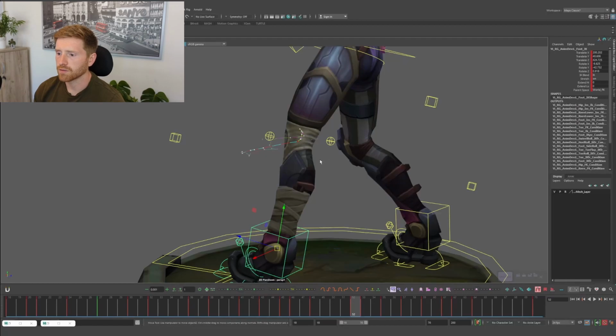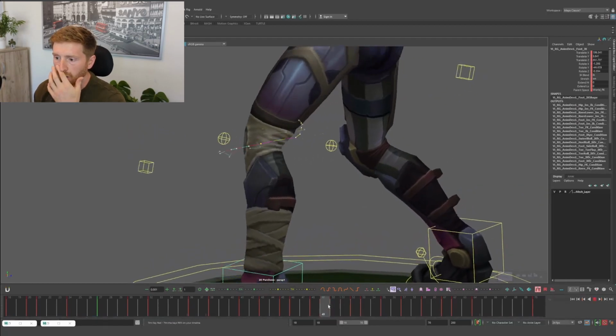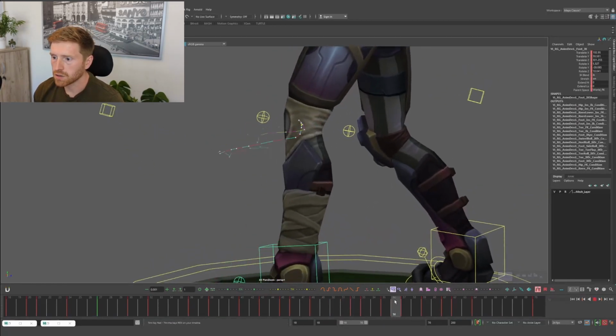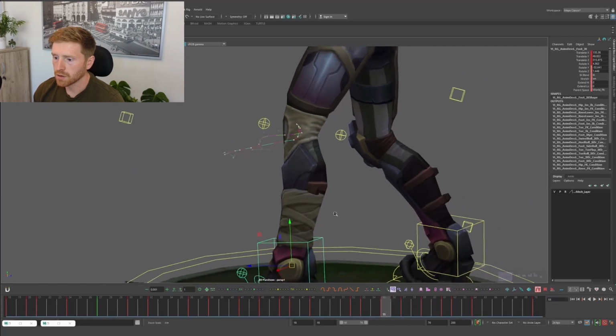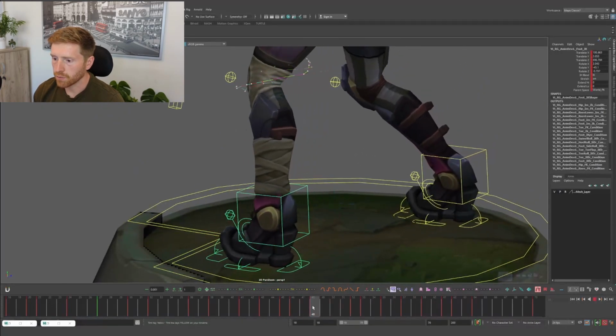Well, no. See, cleaning the knee spacing cleans up the translation of that joint. The problem with this is that the knee joint is affected by the upper leg and lower leg. So you can see here that I've just fixed the arc of the knee there. So the knee itself is not actually looking too bad, but when we take a look at the line of the bottom foot,